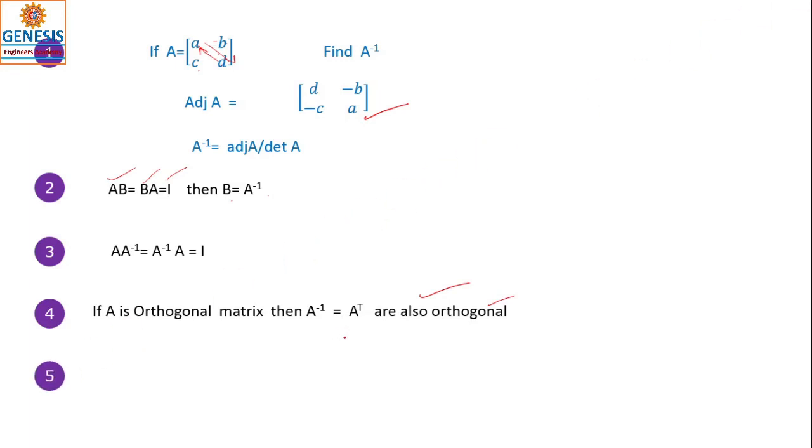If AB inverse is equal to B inverse and A inverse. This is very important. The inverse of K into A, that is, A multiplied with some scalar K, is equal to K inverse A inverse. That is very important. You can directly apply it, that is 1 by K, 1 by K times A inverse.